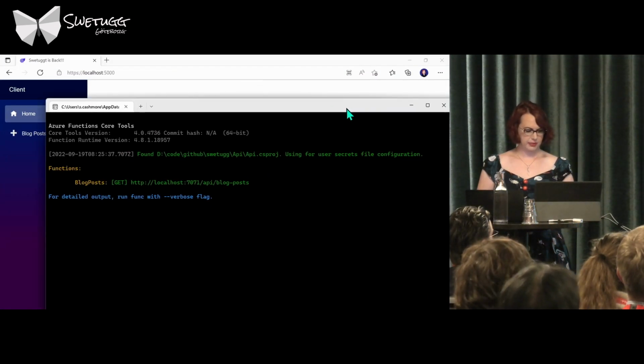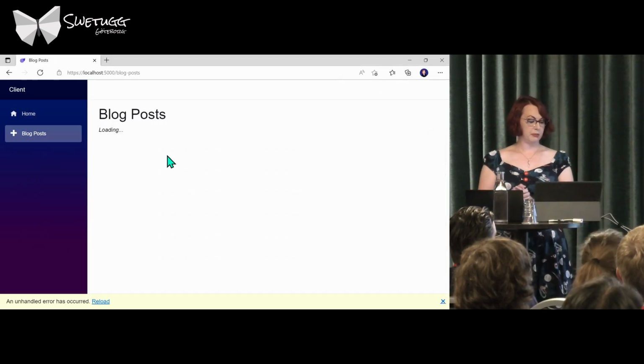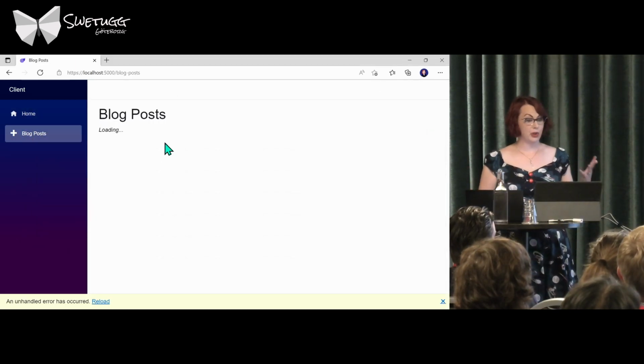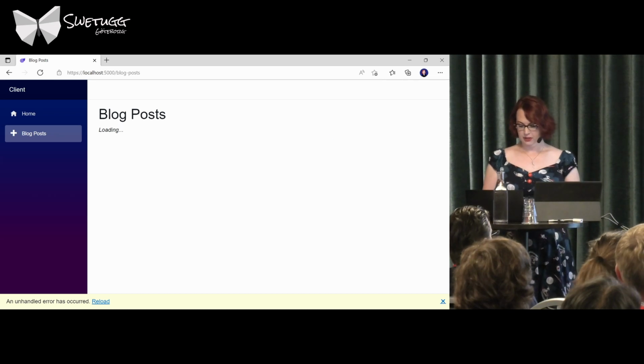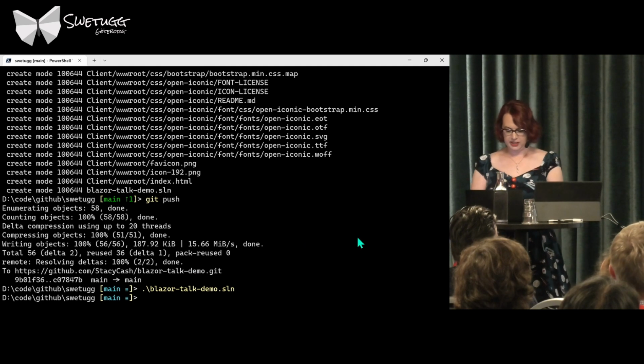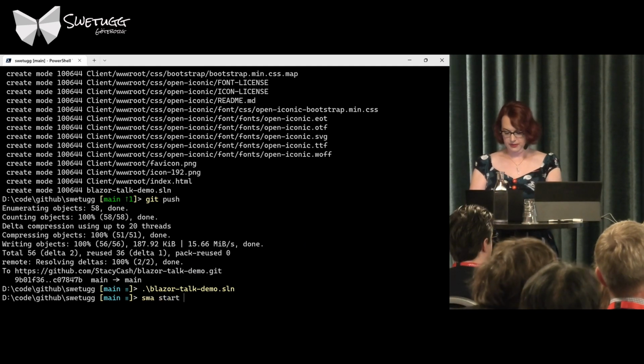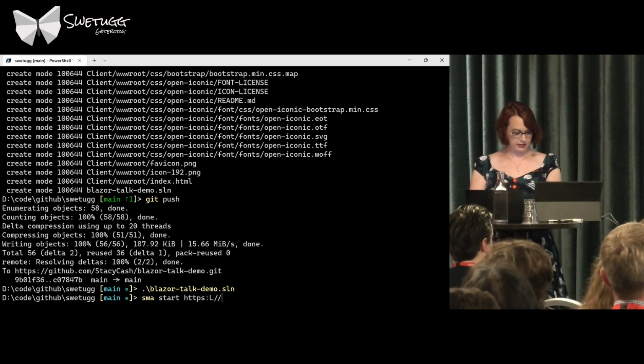So there's our app. There's our Azure function on 7071. And if I click on blog post, I get an error because it doesn't know where the API is. So instead, we're going to come back to our terminal. And we're going to say static web app start HTTPS